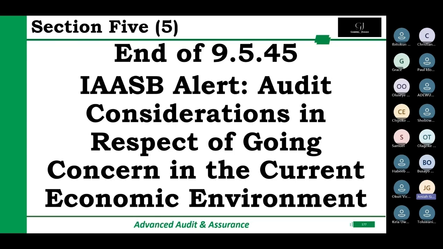Now, it depends on the assessment of both management and the auditor in agreeing. So the auditor, in his judgment, if he finds out that the subsidiary cannot continue as a going concern, he needs to, number one, discuss. Then number two, check if that subsidiary's result will materially affect or distort the financial statements, or impact them negatively. He needs to bring it to their attention. And where they are not seeing it from his view, then he needs to consider it in his opinion, either impacting the opinion, qualifying the group's financial statement, or